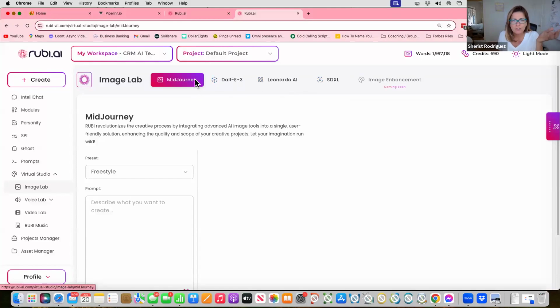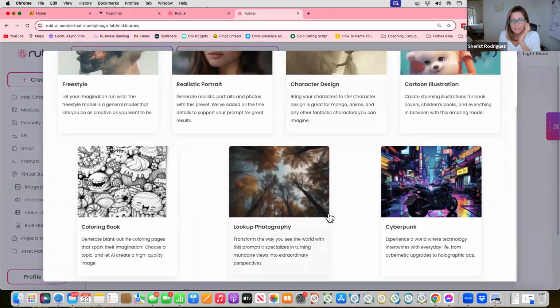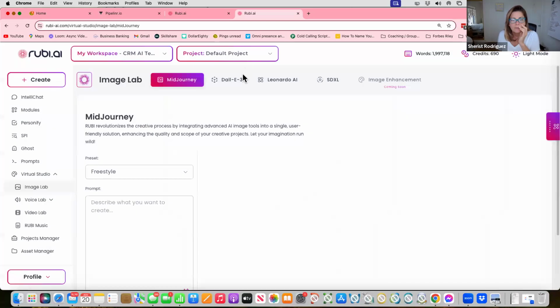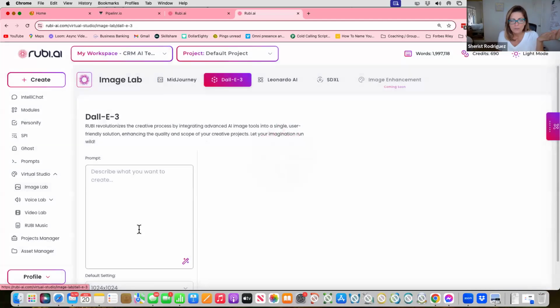So now you can pick and choose within here, and within each one, there's different types of imagery that it could create for you. DALL-E 3 is the more basic one. Because it only uses 1 credit, I'll do things in DALL-E 3 first to see if my prompting is good enough.